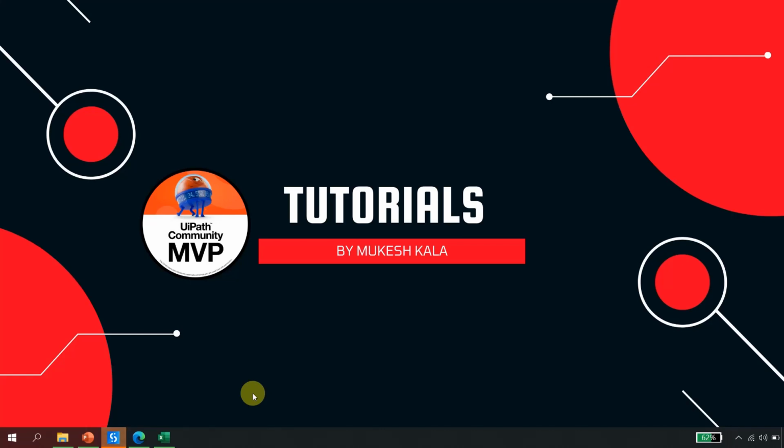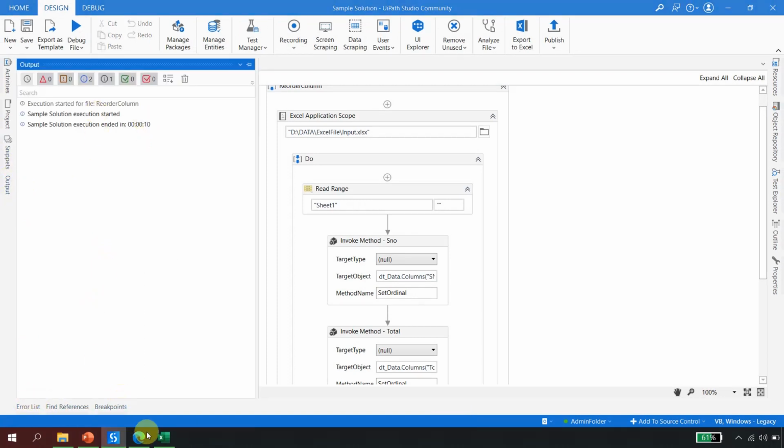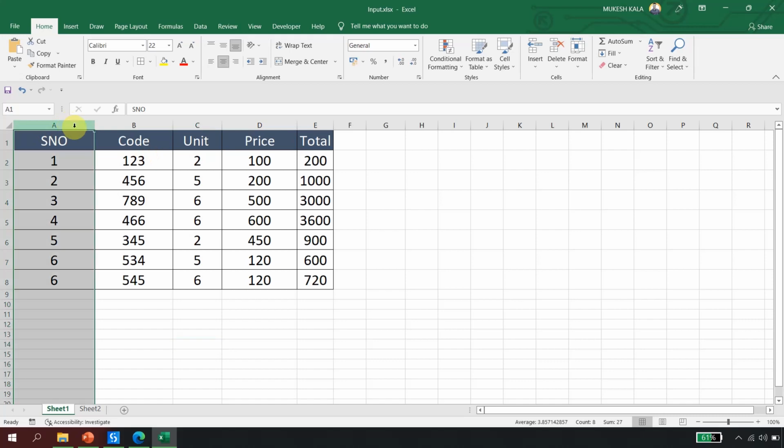We'll just wait for the automation to complete. The automation has started and it completed as well. Let me quickly check the output. Yeah, I don't have any exceptions here. Let me go back to the Excel, and the sheet 1 has the data in the proper format and sheet